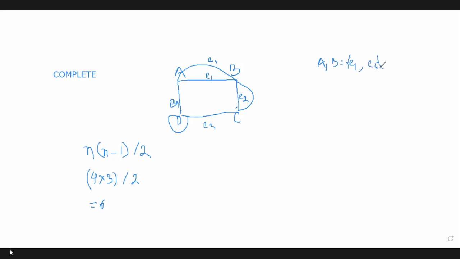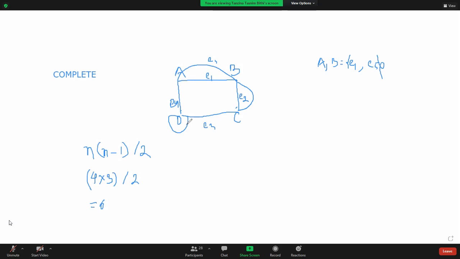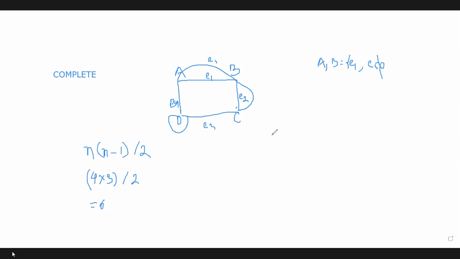And another thing is, in a multi-graph, if we want, we can assign some loops, some closed paths. So there is a loop. So this is called a multi-graph. Clear? What is a multi-graph? The only difference here is that any two nodes can be connected with more than one edge. But in a complete graph there is no loop.